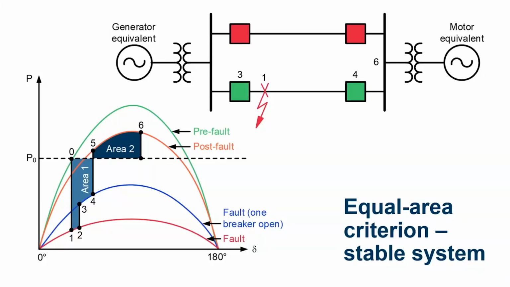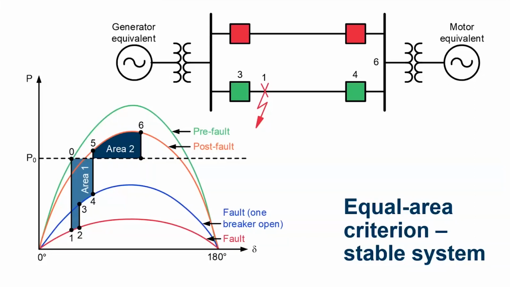At this point, the swing reverses, and delta oscillates around the final value. This final value corresponds to the intersection of the mechanical power, which is the horizontal straight line, and the post-fault power angle curve. The oscillation is damped by the resistance in the power system, the generator voltage regulator action, then the generator governor action. If area 2 is less than area 1, the system cannot maintain synchronism and it will go out